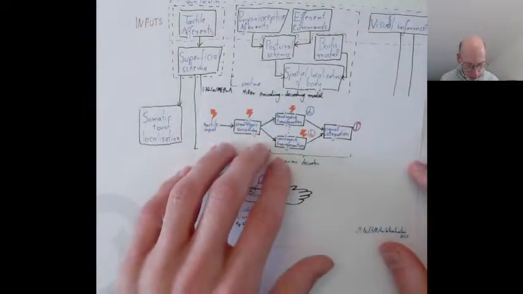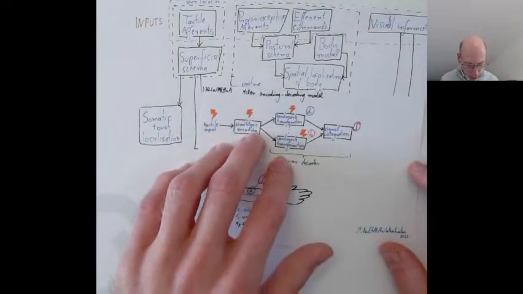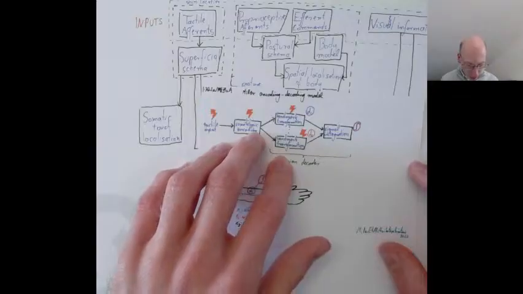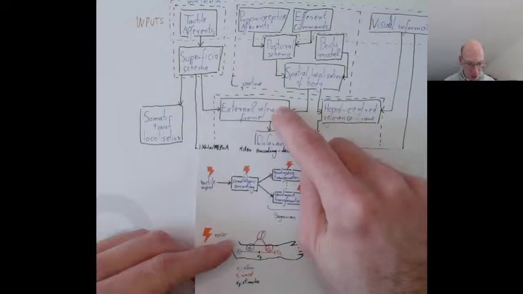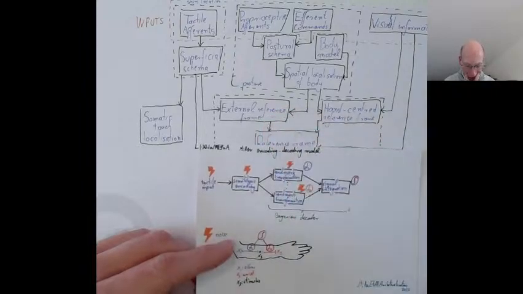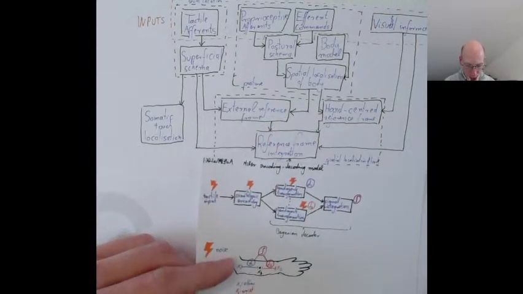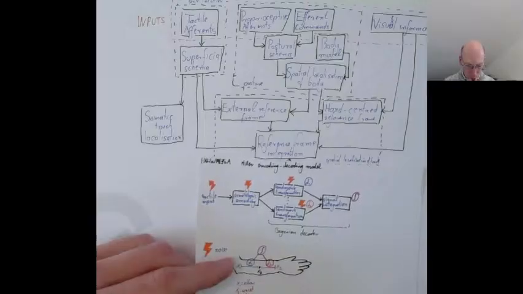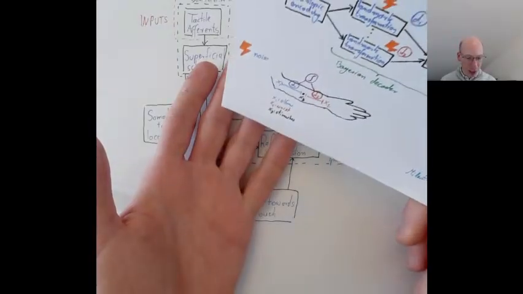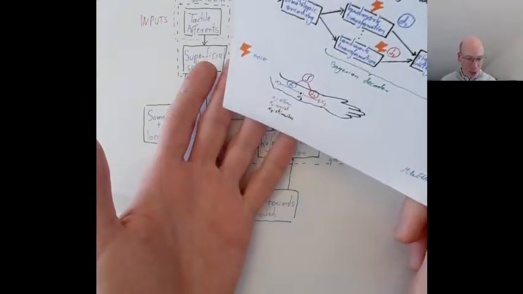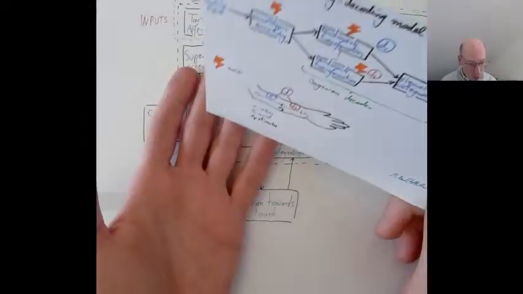But at any rate, we have encoding, and then we have what they call landmark transformation. And this is actually nice. This landmark transformation, I think this should correspond to this external reference frame. Probably, maybe, potentially. Because essentially what that means is the body now tries to work out, according to the model,